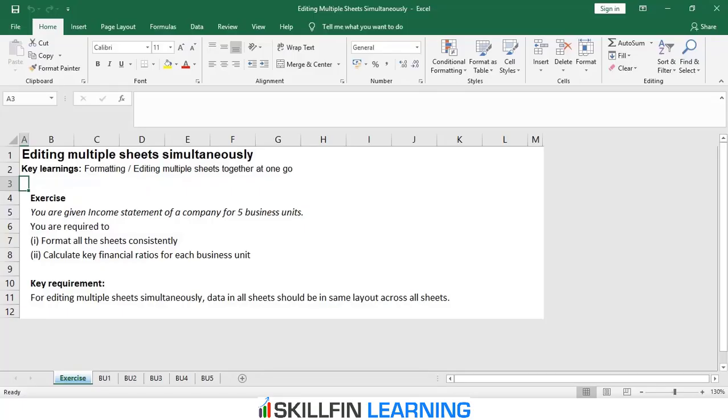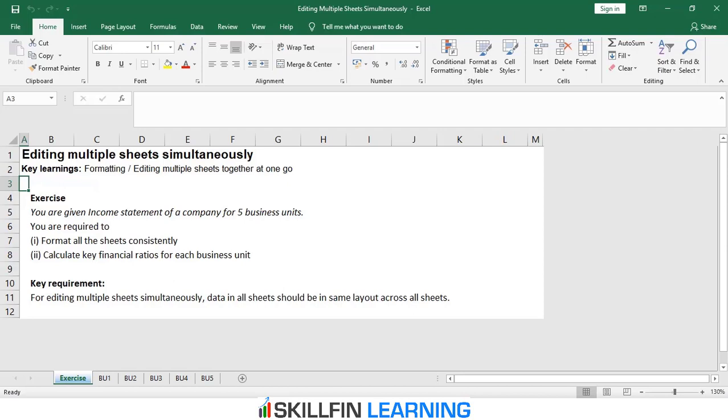Let us now come to the next illustration of the course in which we will illustrate to you how you can edit multiple sheets at one time in an Excel model. The main idea here is to show how we can work on multiple sheets together at one go so that we don't need to repeat the editing or formatting of the different sheets. This in turn should help you to increase your efficiency at working on a financial model in an Excel spreadsheet.